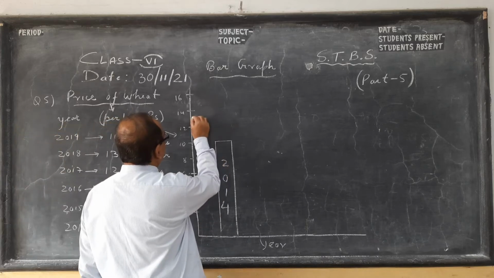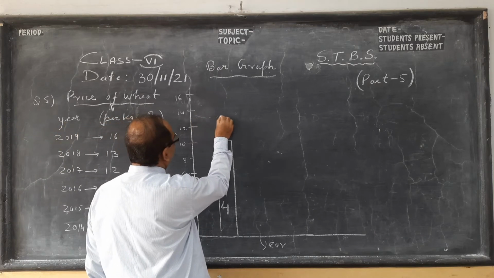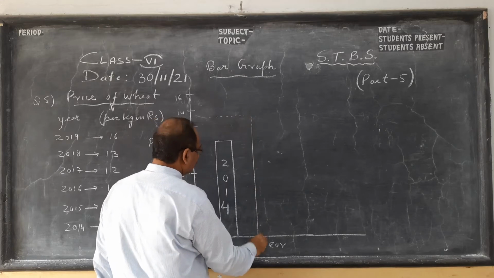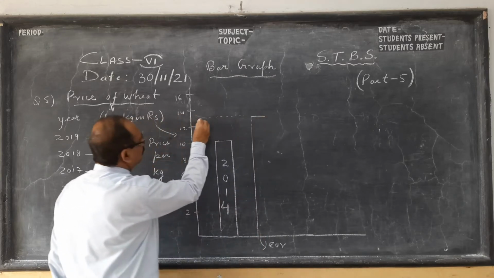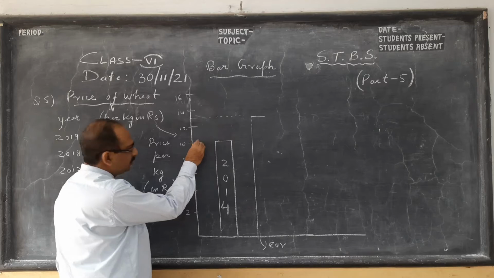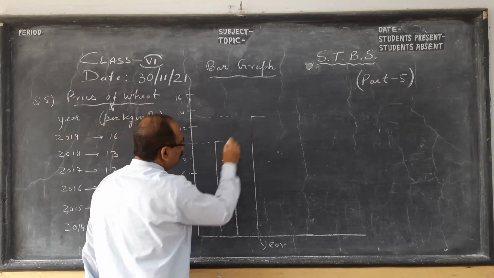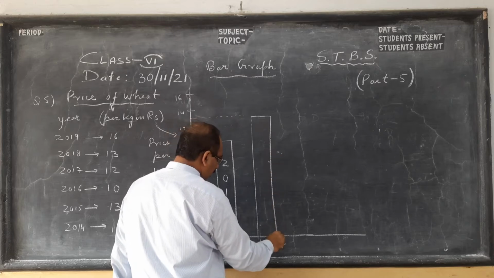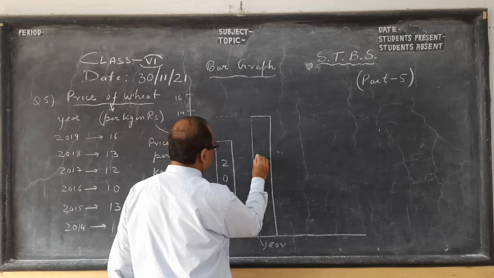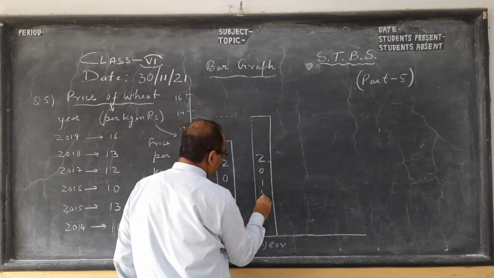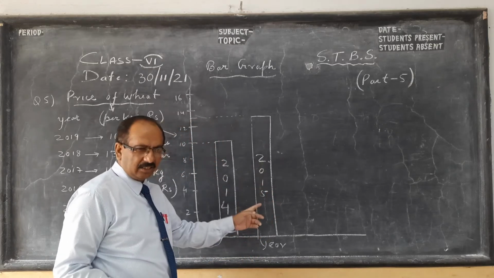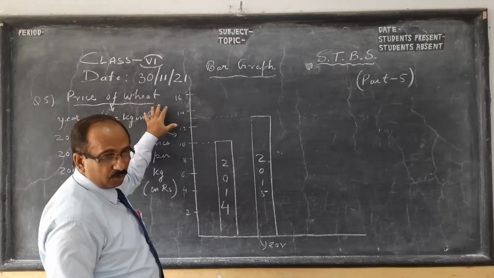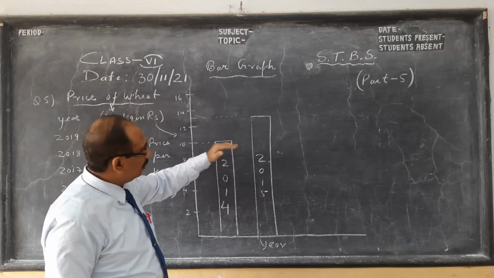2015 is 13, so if this is 12, this is 14, you can draw like over here. So here, see the height 13, children, same breadth, same width you draw. This is the price in 2015. Here you see the writing space is less, so a horizontal bar graph I'll show you in question 4, where we will write like that.